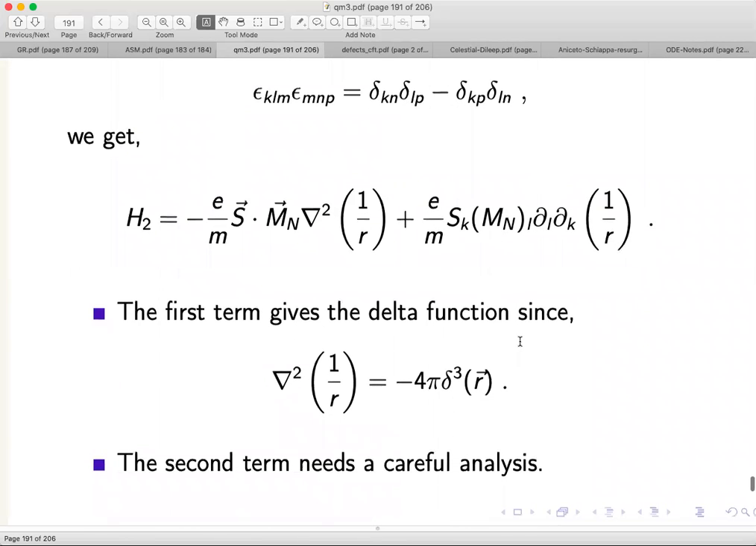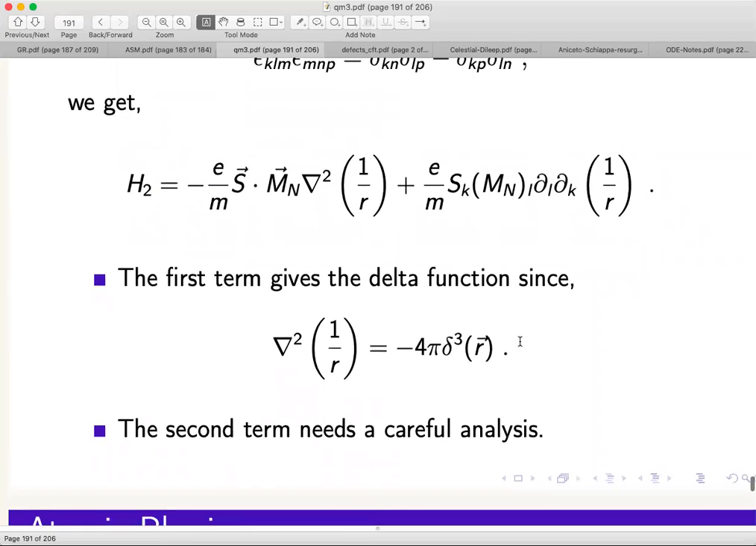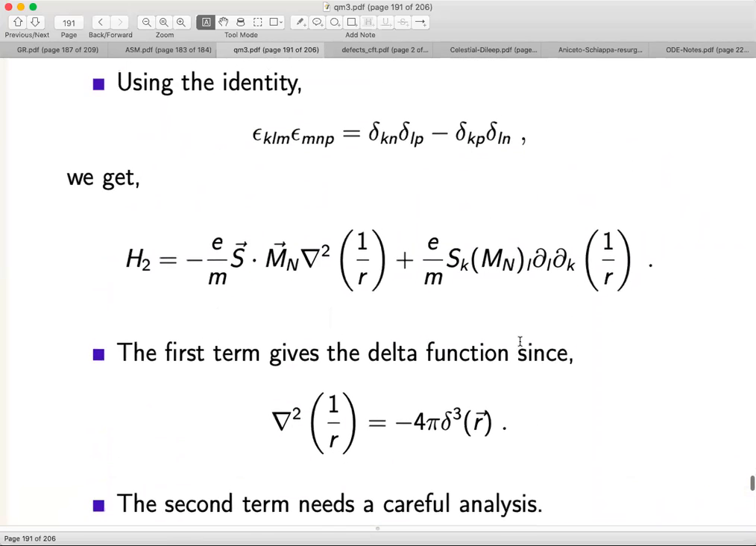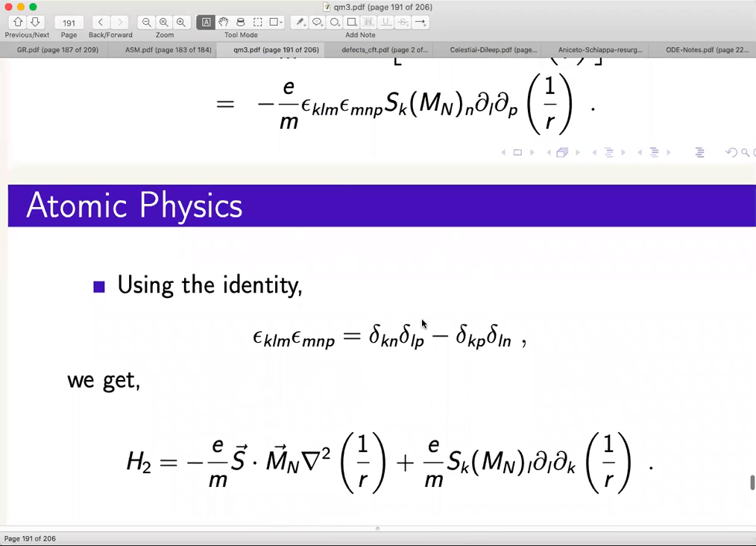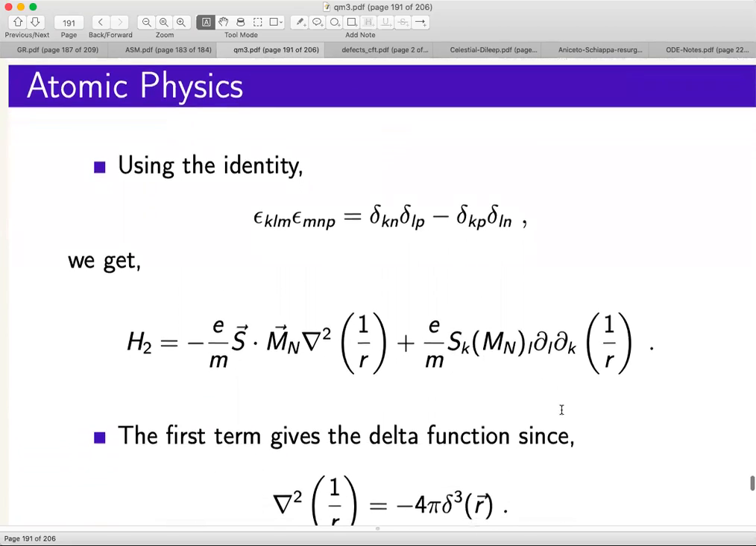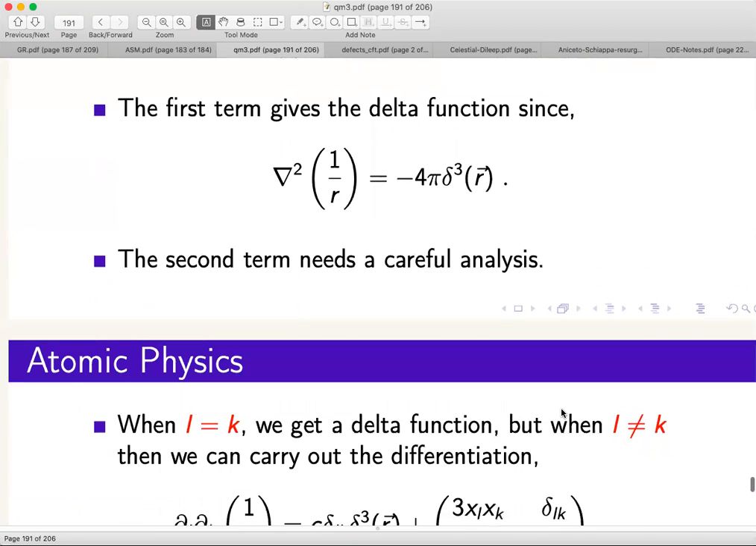Now let's look at the second term carefully. Notice one thing: in the first term, because of this delta LP, we knew that this del L del P is going to give you a Laplacian, and then the Laplacian acting on 1 over R would give you the delta function. On the other hand, this term has no such rule. There is a del L del K acting on 1 over R, and we need to look at these terms